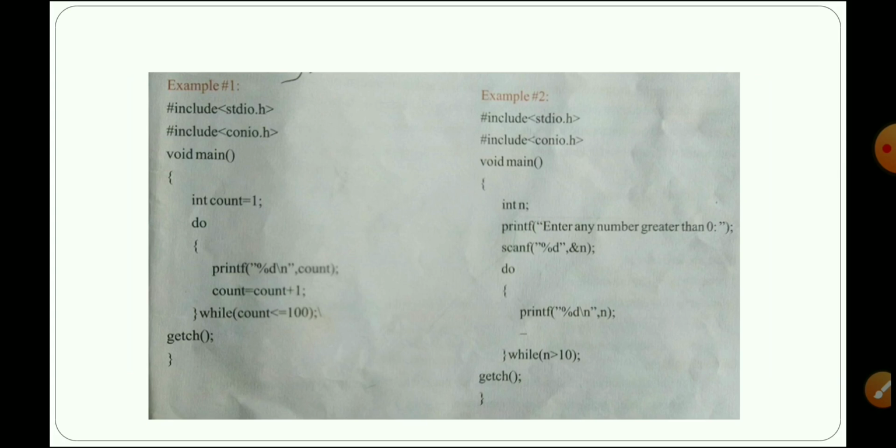See here this example. First, the do statement block, the block of code, will be executed. After the curly braces, only then do we have the while condition. First it will print the block of code, and only after that will the condition be checked. That is called a do while loop example program. We will execute it in the system itself.